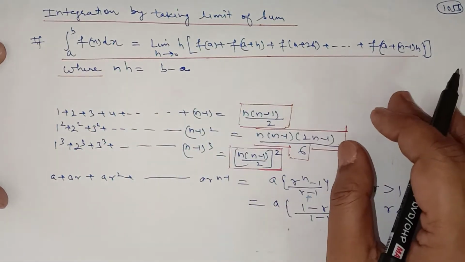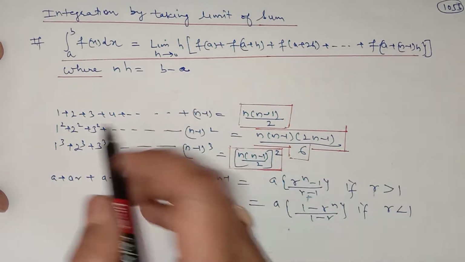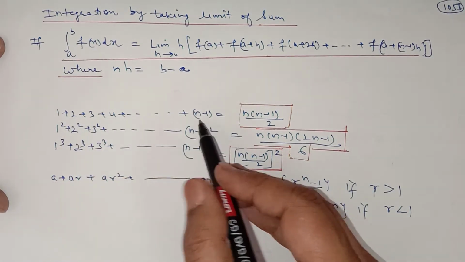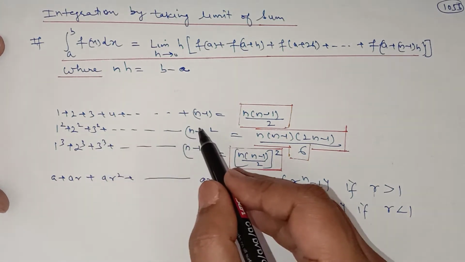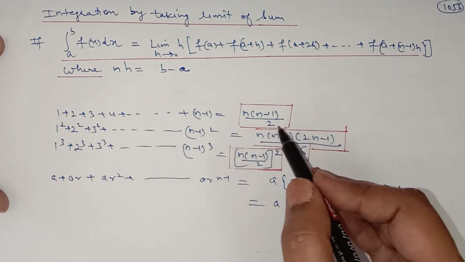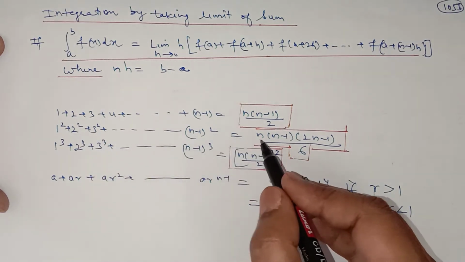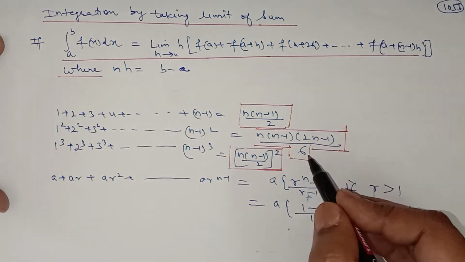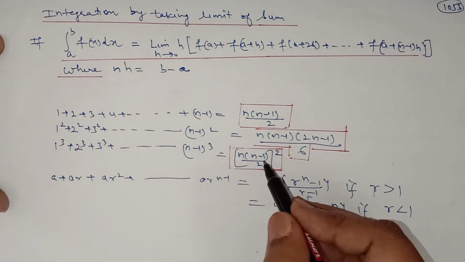This is the formula to find the definite integral by taking limit of sum, and we need the sums of these series. That is, 1 plus 2 plus 3 plus 4 up to n minus 1 is equal to (n−1)n/2. 1 square plus 2 square plus 3 square up to (n−1) whole square is equal to (n−1)n(2n−1)/6, and 1 cube plus 2 cube plus 3 cube up to (n−1) whole cube is equal to